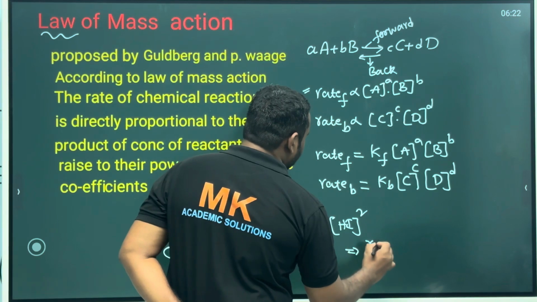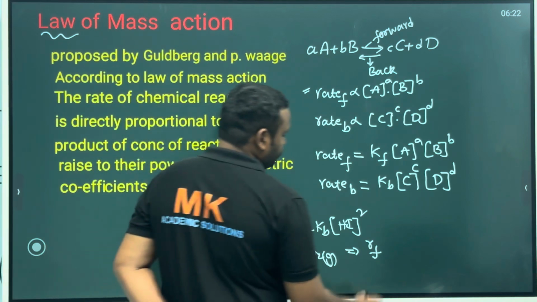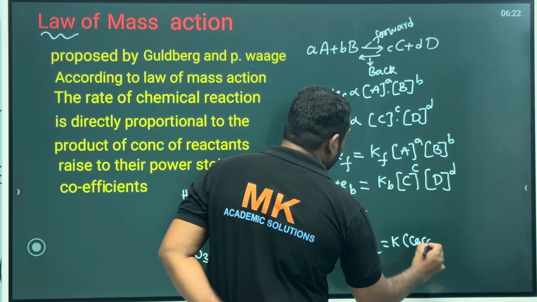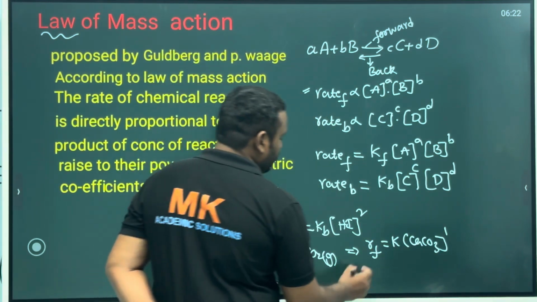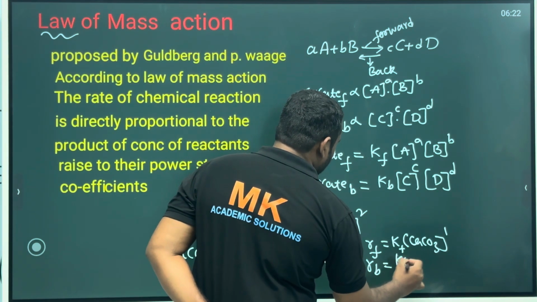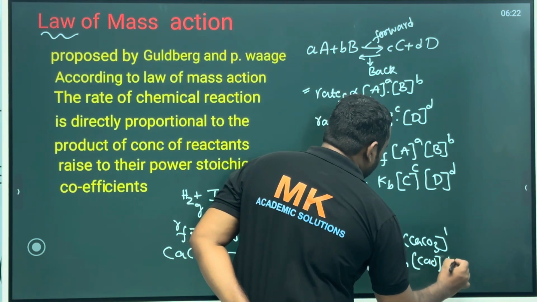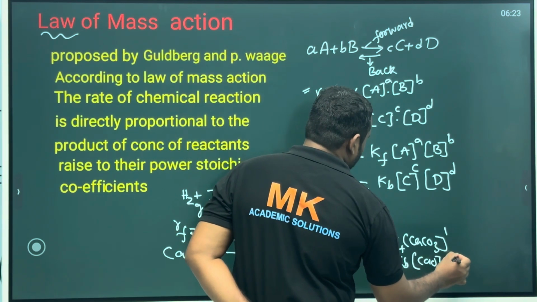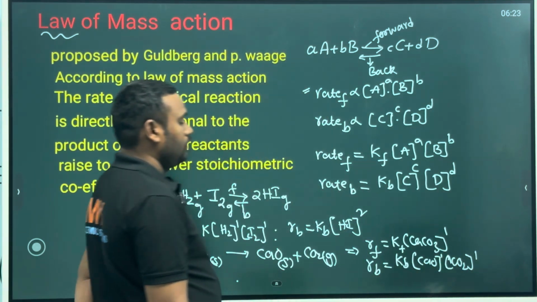So for this, the rate of forward reaction is equal to K into CaCO3 power 1, and for the backward reaction, CaO and CO2 power 1. But here